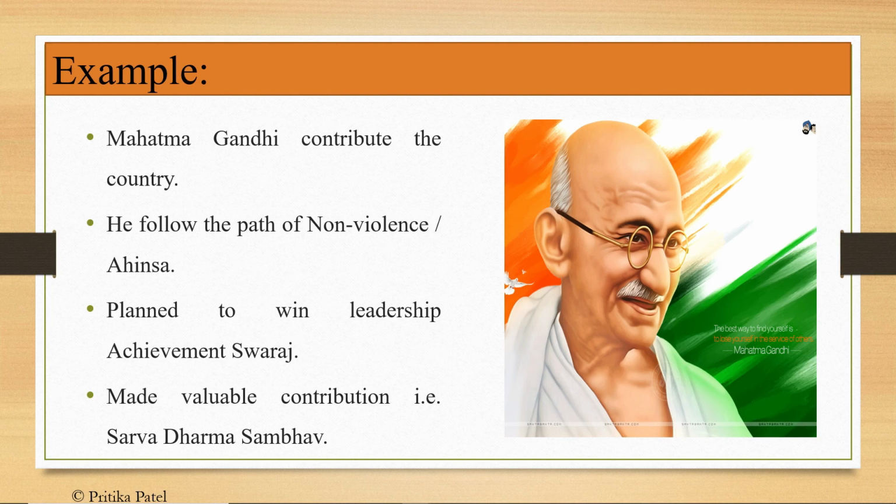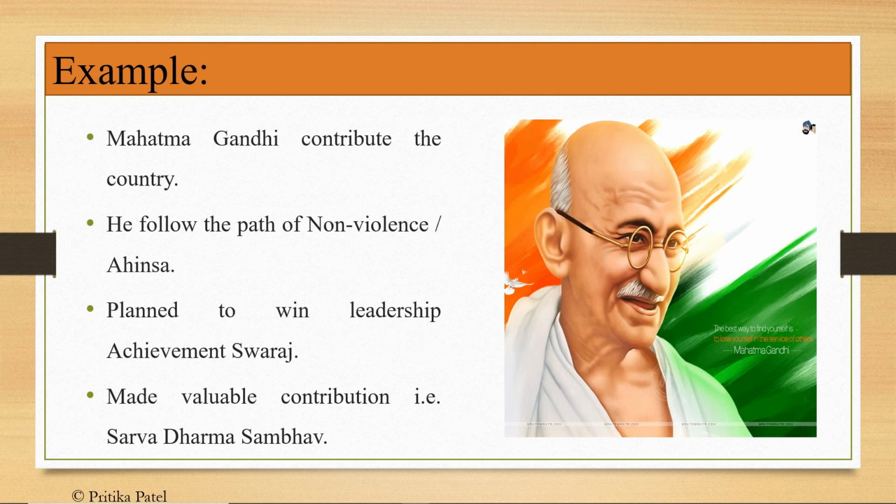Example: Mahatma Gandhi contributed for the country. He followed the path of non-violence or ahimsa. He planned to win leadership achievement, Swaraj. He made a valuable contribution, that is Sarva Dharma Sambhav. As we all know, Mahatma Gandhi is a leader who gave Swaraj to us. The contribution of Mahatma Gandhi is very important for us because he fought